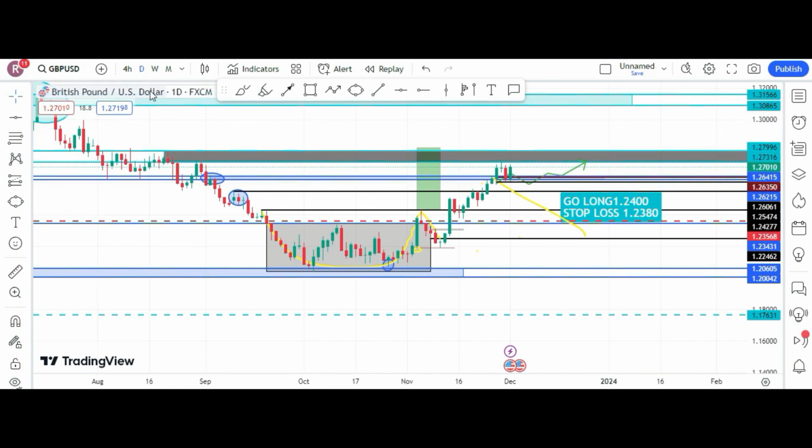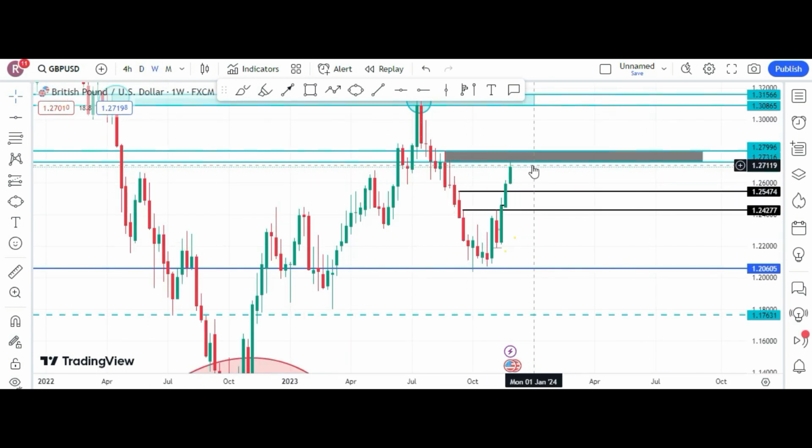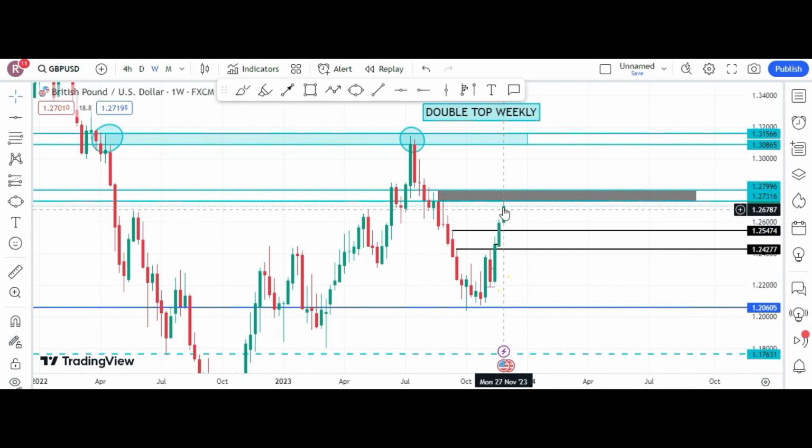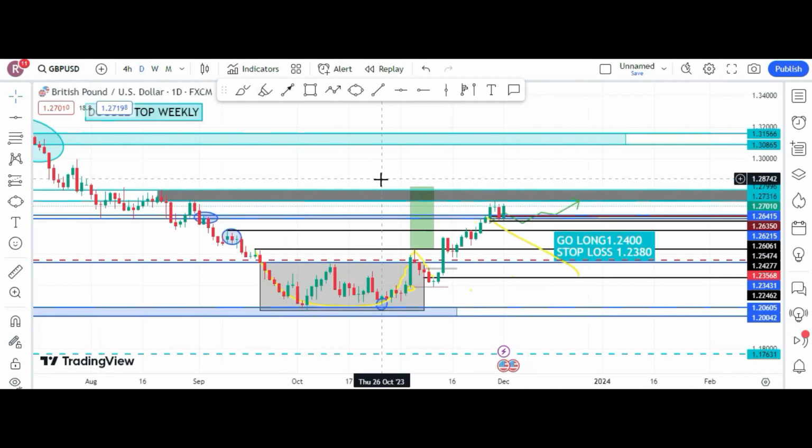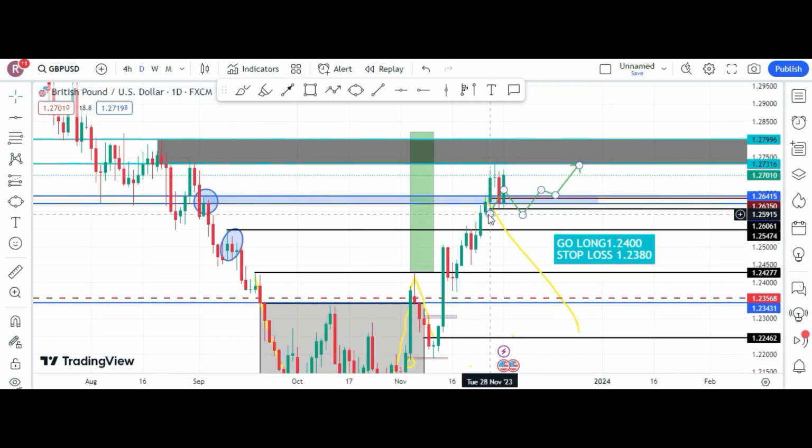So we will take the higher frame, which is weekly. This space I marked in black because it has not formed yet, but the price has touched this level, which I expected last week, and which I have shown here too. If you can see, last week I showed that the price can go high, come down, and touch this weekly level, and it started coming back,